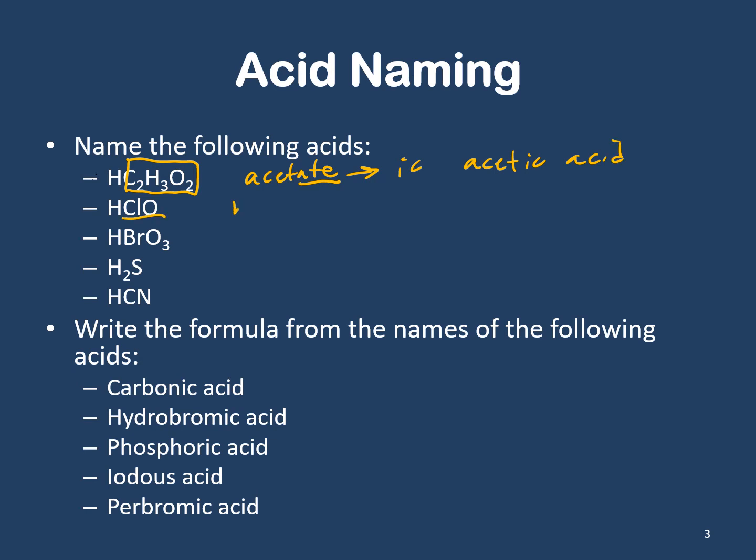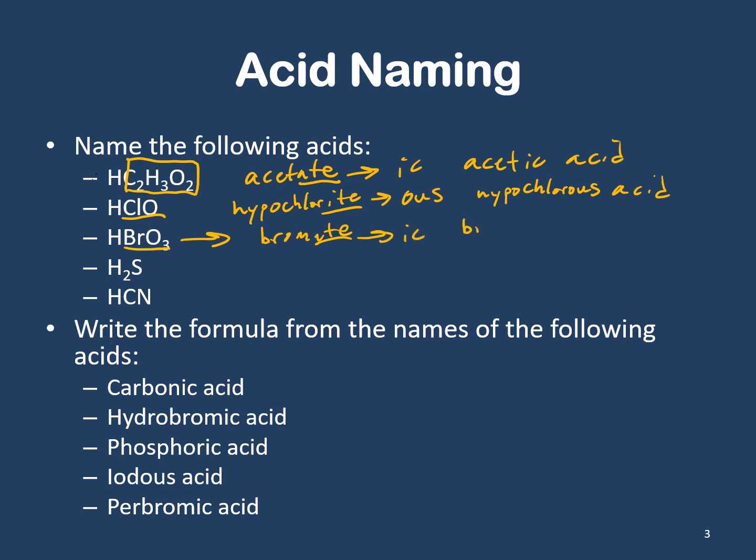ClO minus is hypochlorite. Ends in ITE, we replace with OUS. This becomes hypochlorous acid. Here we have hydrogen attached to bromate, right? So this is bromate. ATE ending, we add IC. This is bromic